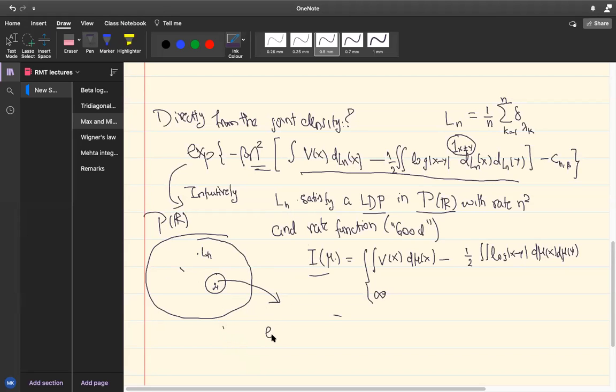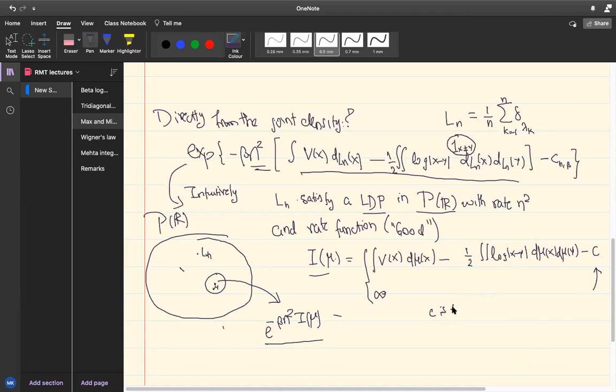That probability is approximately e to the minus beta n squared I of mu. That is the intuitive meaning of this large deviation principle, that the probability your L_n is close to mu is like e to the minus beta n squared I of mu. Okay, so actually I made a small error here. There is a small constant to subtract here. The constant is such that